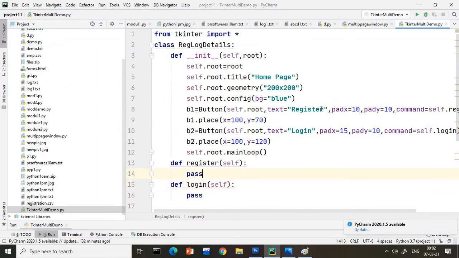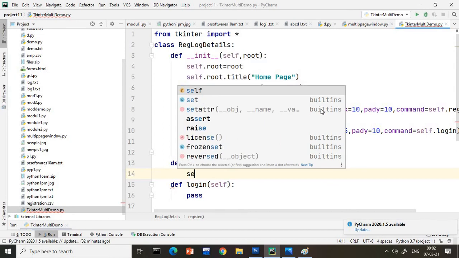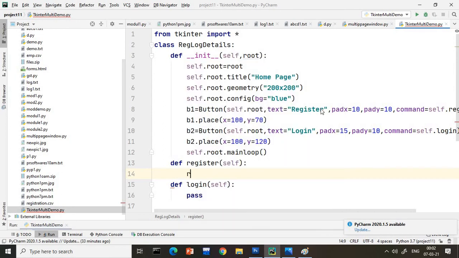So what I will create here is one more. I will write here, let us say cell window 1, or I can say register window. What is my name? Register window, WIND. And guys, this name could be anything, not necessary. Some people say that, sir, in some books they have given root, and some Window 1 and Window 2. It is not necessary. I never prefer those kinds of traditional coding where everybody is following the same thing. You can take your own name, because it is your application finally.